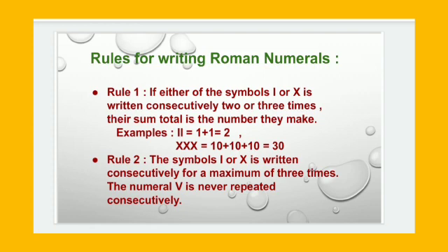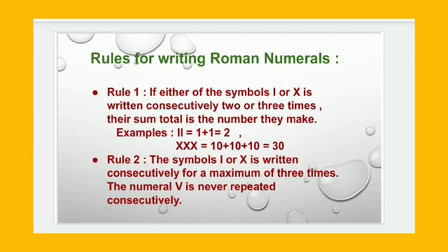Now, can you see here example number 1? 2. Now, suppose we have to write down 2 in Roman numerals. 2 is what? 1 plus 1, 2. So, in Roman numerals, how will we write this? By using 2 I's consecutively. That means in a continuous manner. Understood? So, in Roman numerals, 2 is written as II.